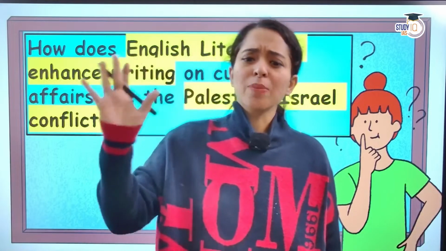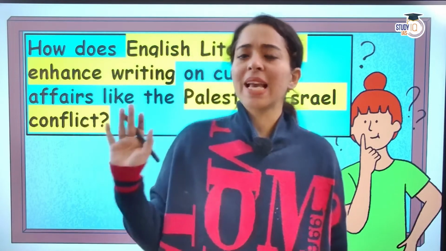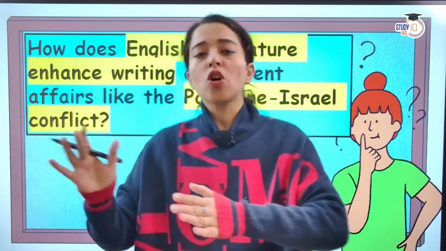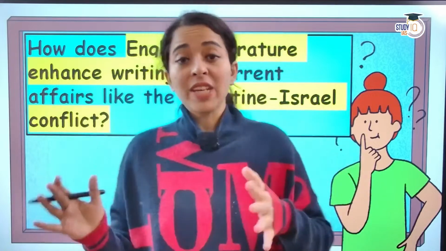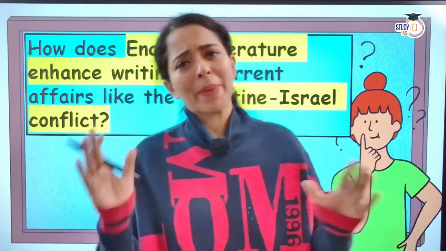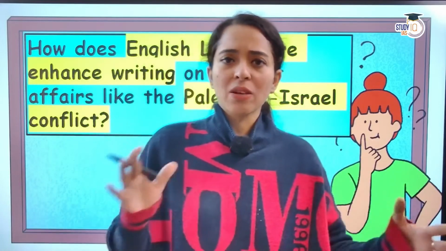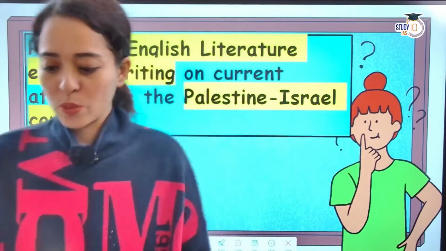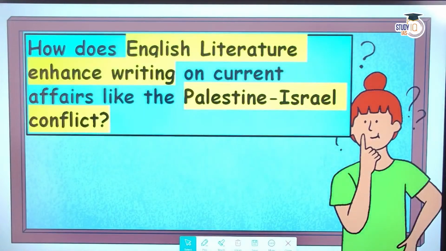So how can we go ahead when you have a good substance of English literature as knowledge? We'll quickly jump to the answer. We'll see how we can frame the answer when we have the knowledge of English literature with us, and when we do not include literary works in our answers. We'll compare the two and see which one looks better. You guys will be telling me, right? So let's go ahead with that.